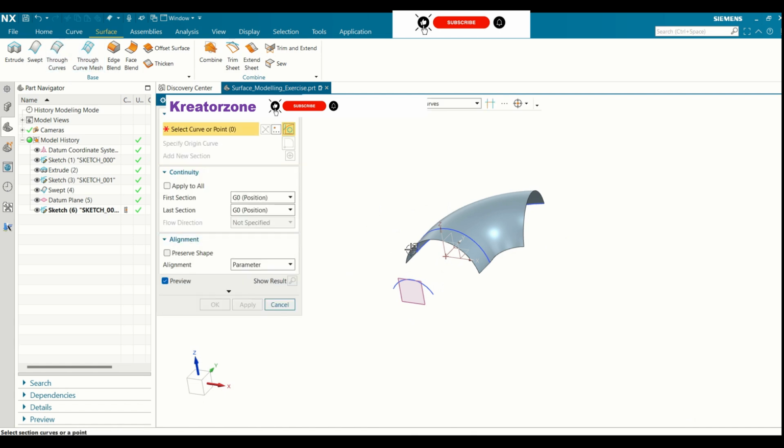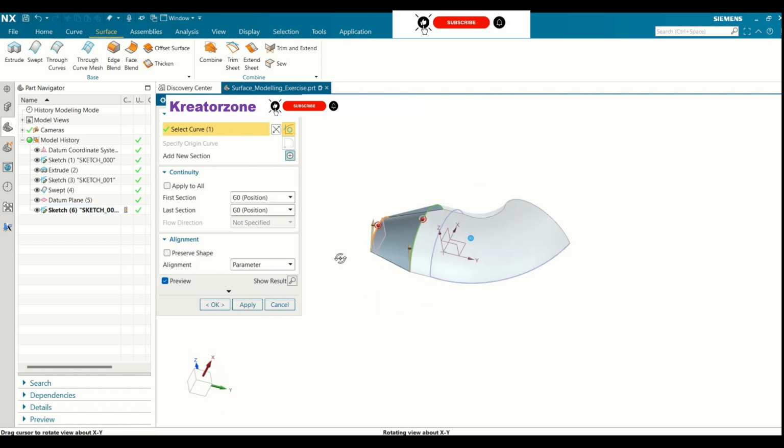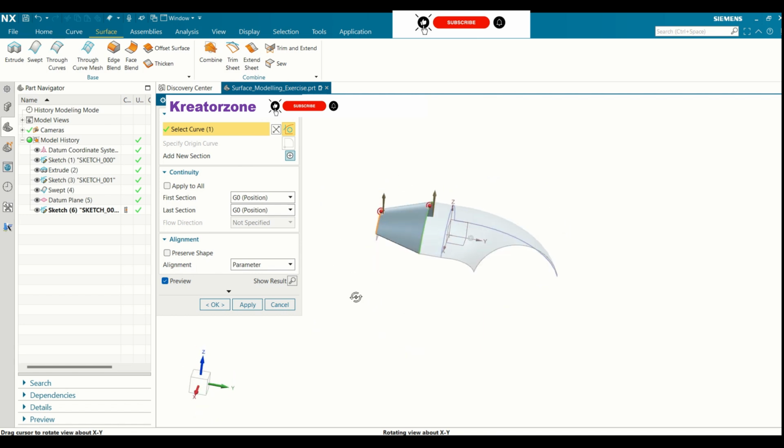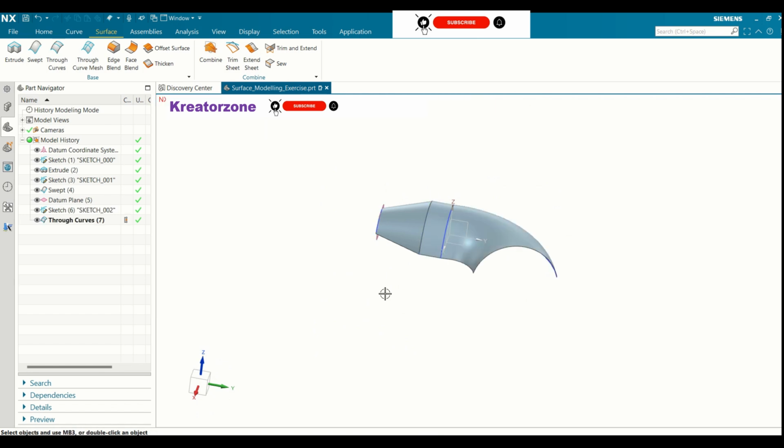I'll go to through curves again, select the surface, and while selecting the other surface, I'll also select this area, middle mouse button, and click. So now you can see the surface is blended well and the through curve has been created. I'll click OK, exit,